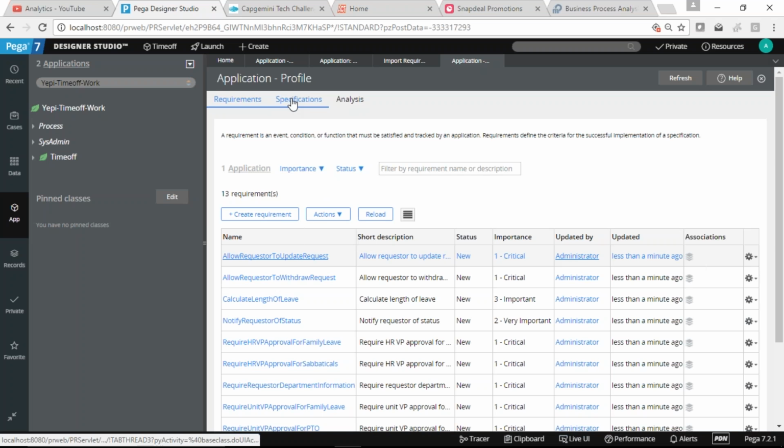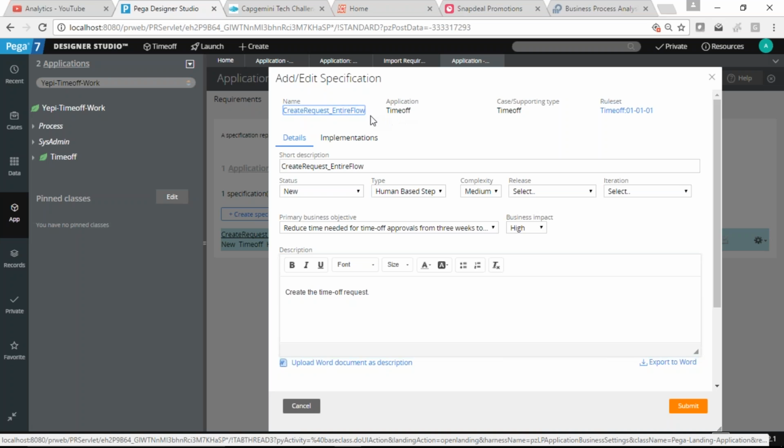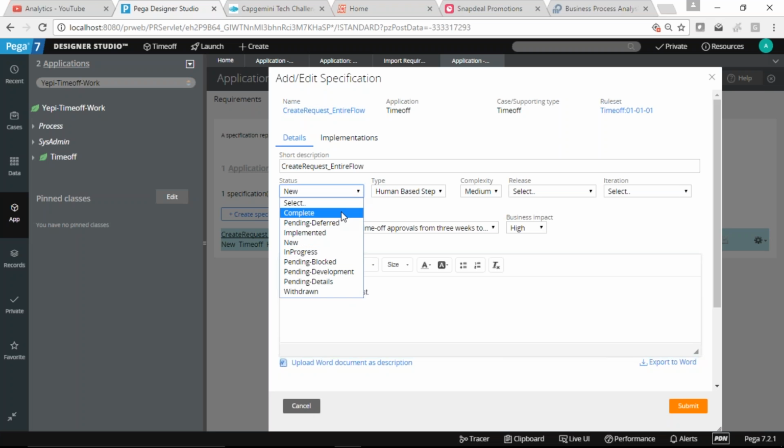The same applies for the specification. We have added one specification, and I want to show you that. In the same way we give the name, which application is going to support it, and which rule set we are going to store it in. We have different status options: complete, pending, implemented, new, progress, and we can change it based on how it progresses.